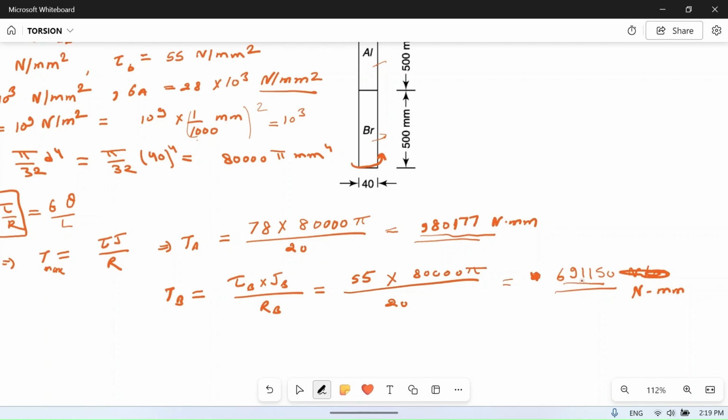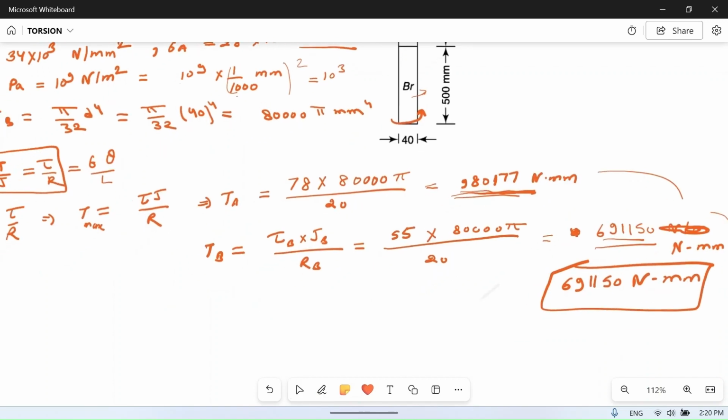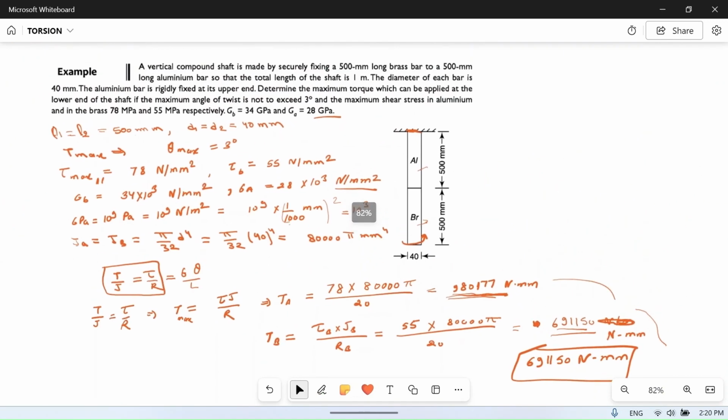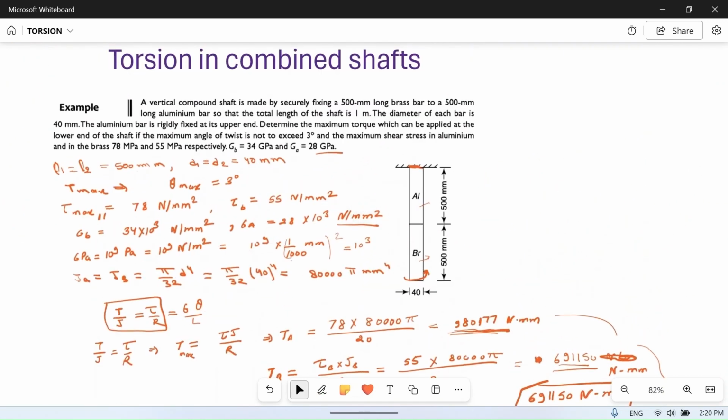But if we apply this stress, then the brass bar will not break, and aluminium is also safe because it can take up to 980,117 Newton meter. So in these two, we will select the lower value, 691,150 Newton mm. So this is the criterion regarding shear stress, but we have been given one more condition: maximum twist is not